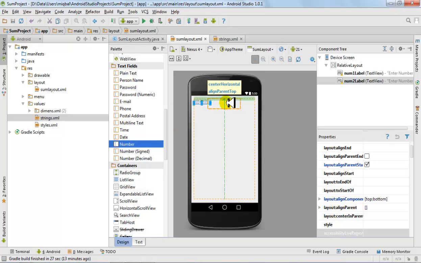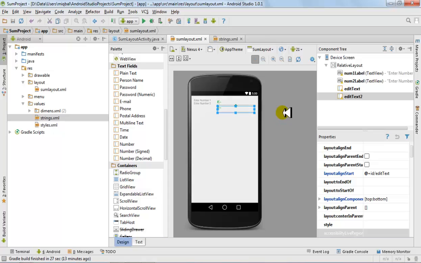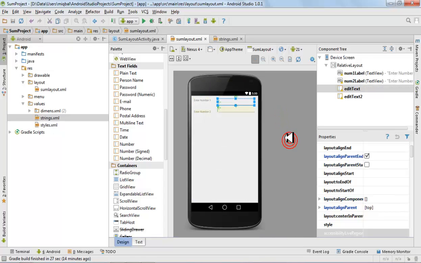So I'll just pick up the number over here and paste in front of the number 1, and then do that again in front of enter number 2, and you can drag this and bring this down in front of this second text box. So I've got two labels, two text boxes, and